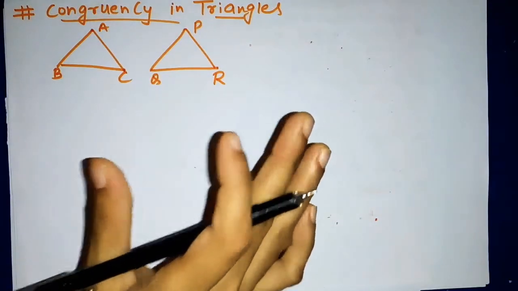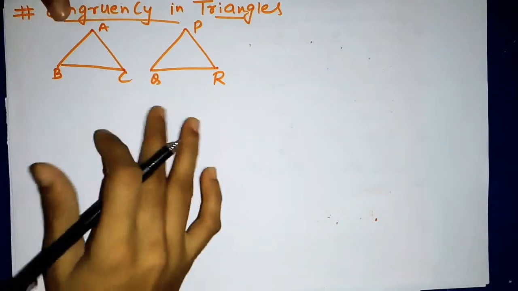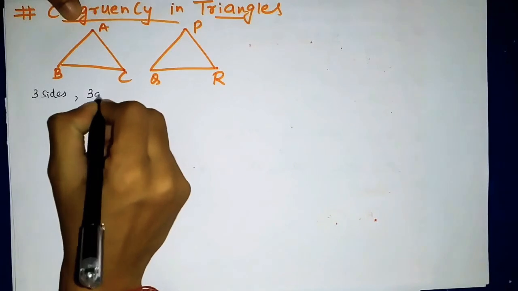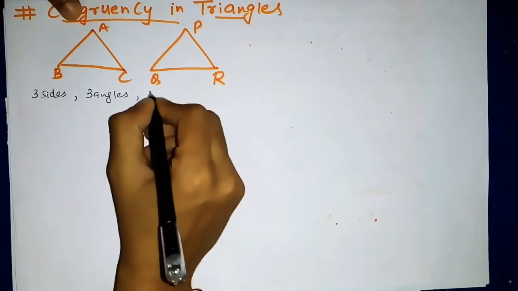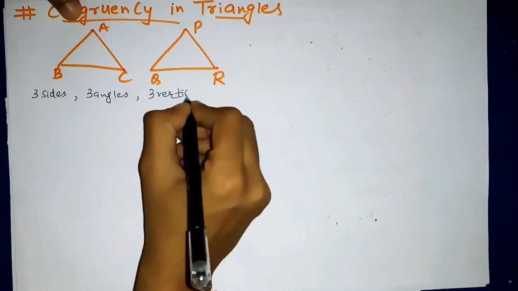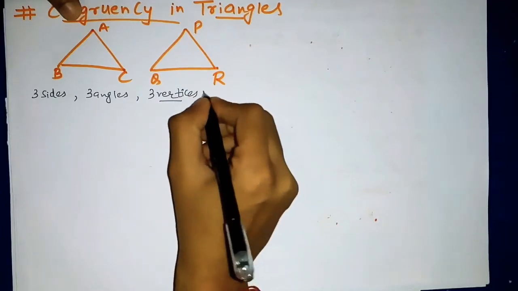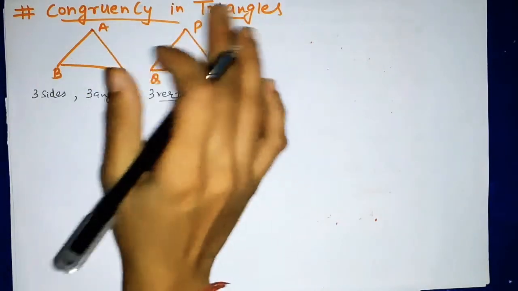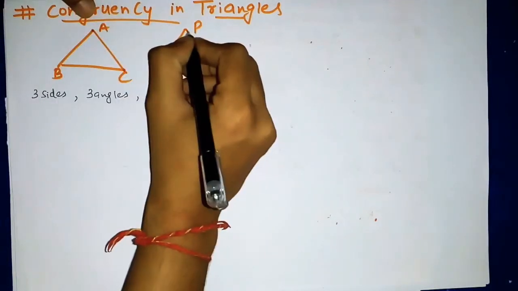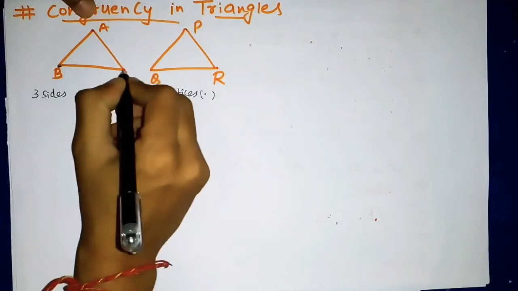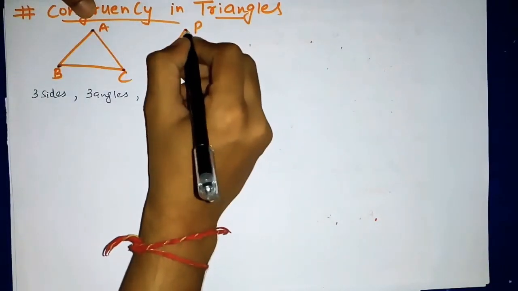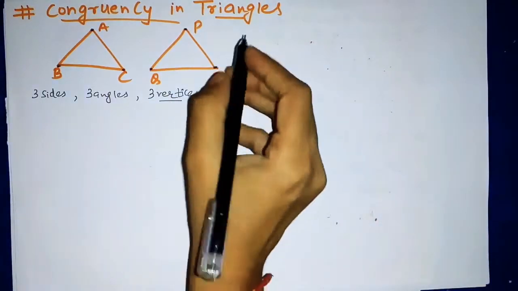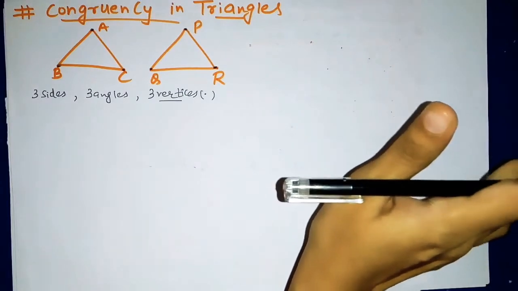So first of all, a triangle has how many parts? If you see the triangle, there are 3 sides. Okay, then there are 3 angles, and then there are 3 vertices. So vertices are just a vertex point. Vertices are just a point. So point से कोई पता नहीं चलेगा और कोई फर्क नहीं पड़ेगा. So point we don't have to see. Vertices means this vertex point, point A, point B and point C. Here point Q, R and point P. So vertices means just the vertex point, this. So point we don't have to see.